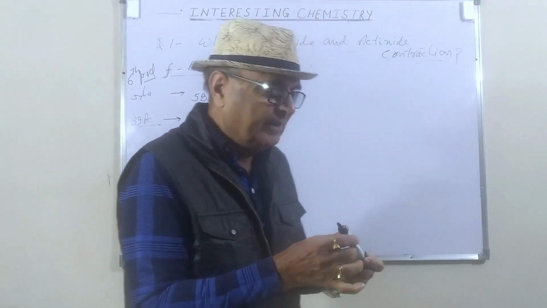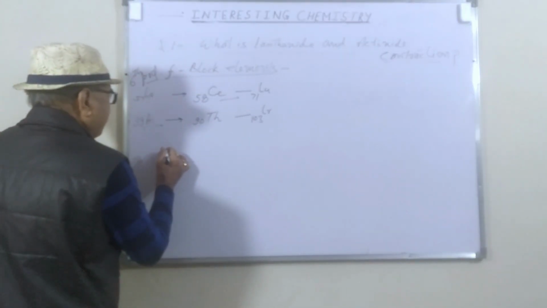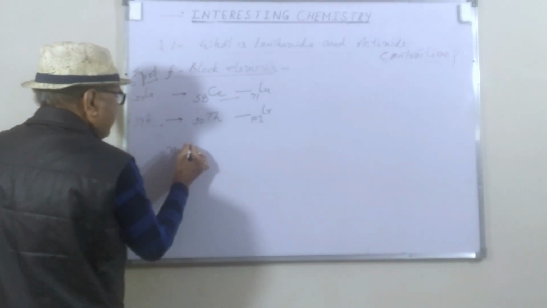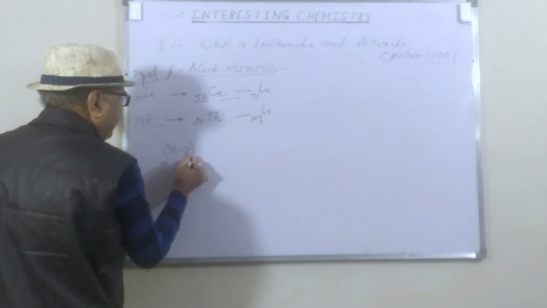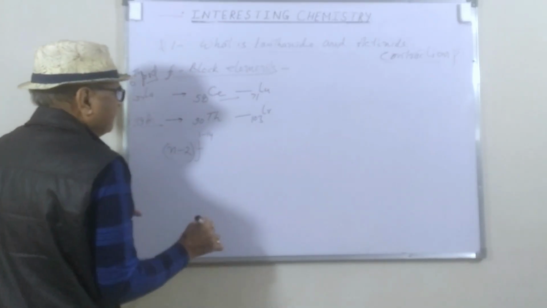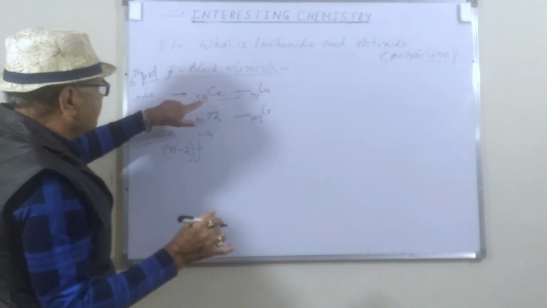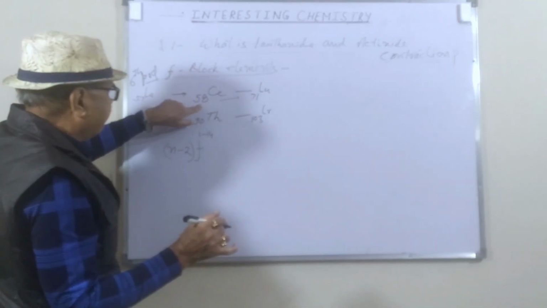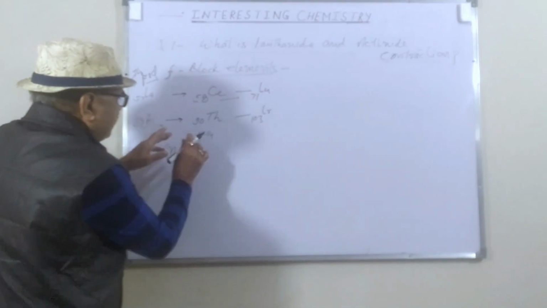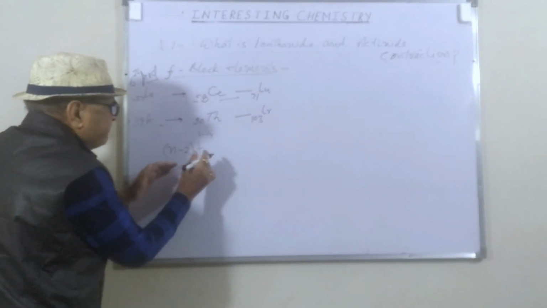The general electronic configuration of the F block elements is (n-2)f 1 to 14. 1 to 14 means it starts from cerium, 58. So the 14 electrons will be occupied by the (n-2)f,